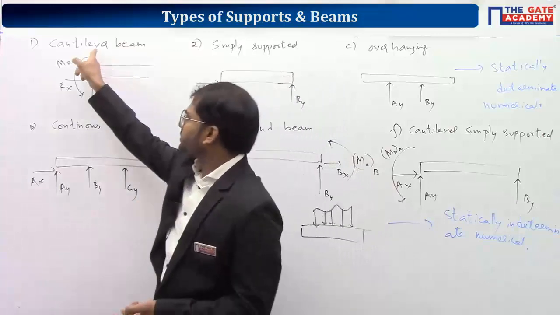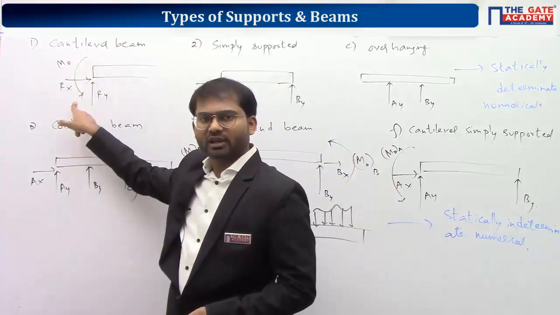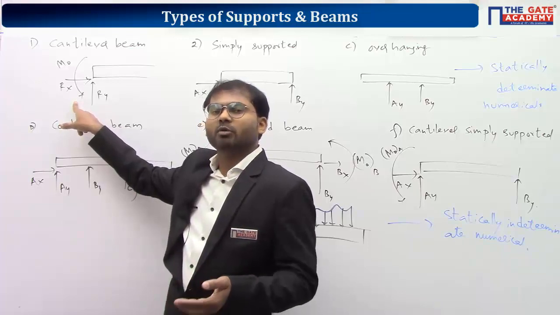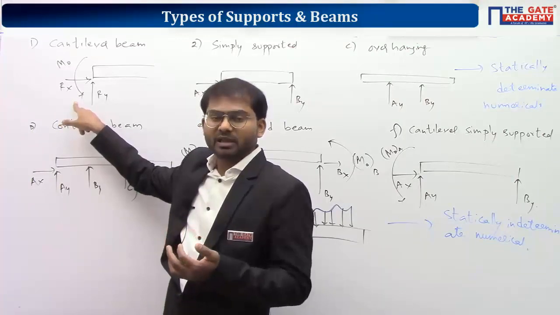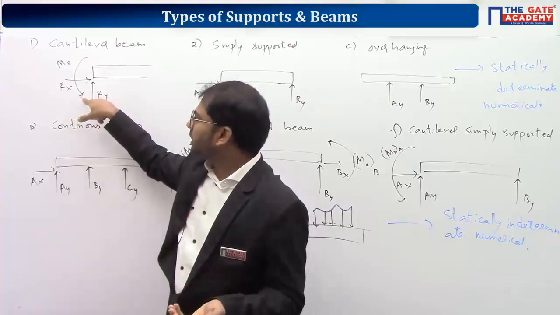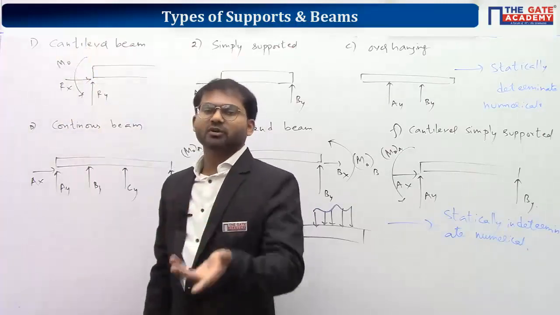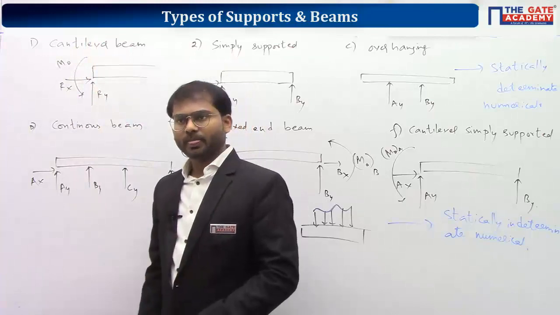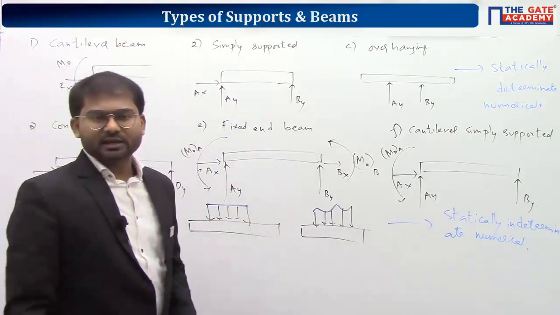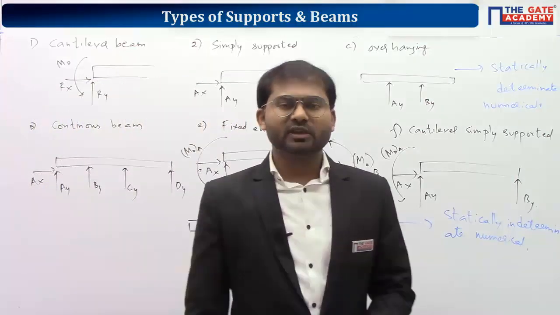So I took this M naught to be anti-clockwise by default. After doing the calculation, let's assume I'm getting M naught equal to minus 10 Newton meter. That means I have taken the opposite direction to the actual or correct direction. So I'll be taking the clockwise sense, opposite of the initially taken direction. Understood? That's all. Let's see one example to understand how to apply the condition of equilibrium here.